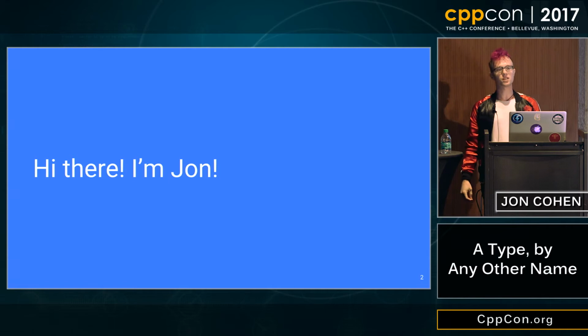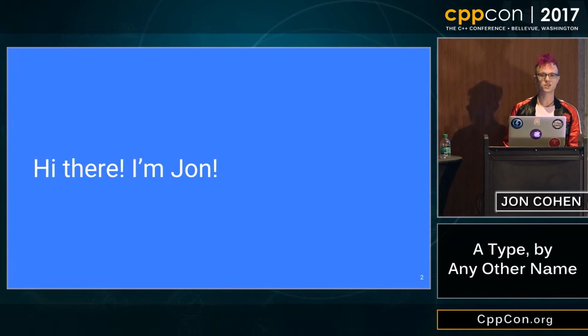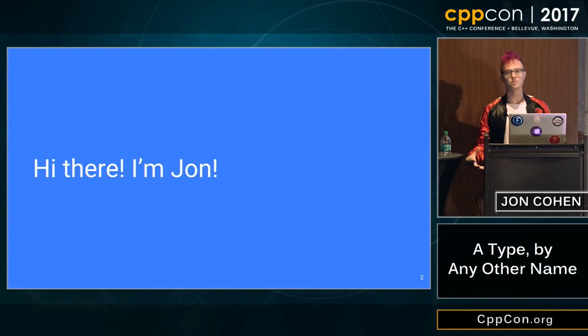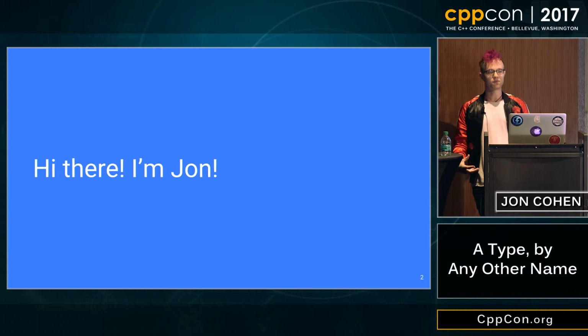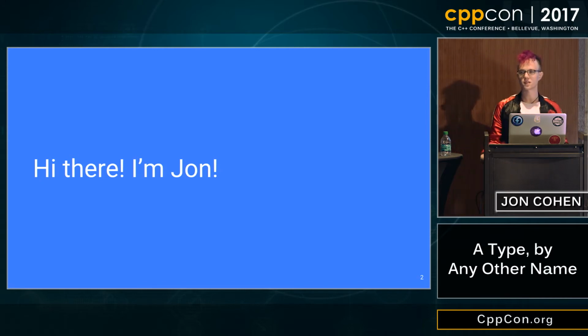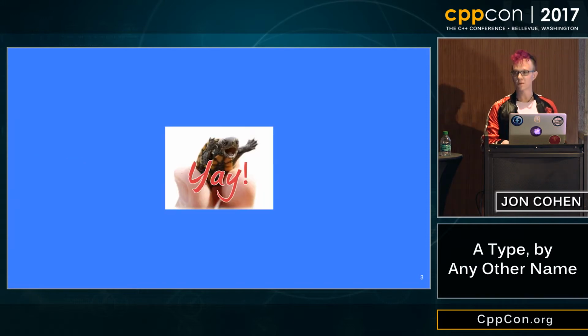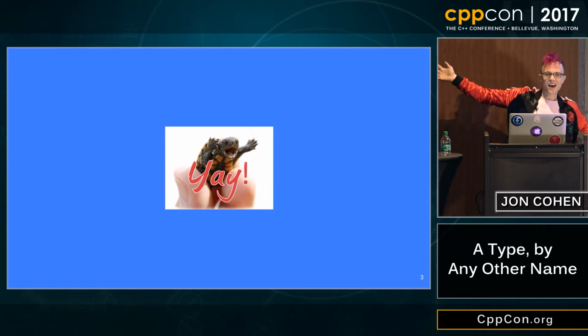I'm a software engineer on Google's Abseil team. If you saw Titus's keynote speech yesterday, you'll know Abseil is an open source collection of all of Google's common C++ library code. And we've been working on that for a long time. This talk is more or less a lot of battle stories around making that happen. We had to do a lot of code reorganization, code moving around to do that. With that underway, we're going to be talking about refactoring.